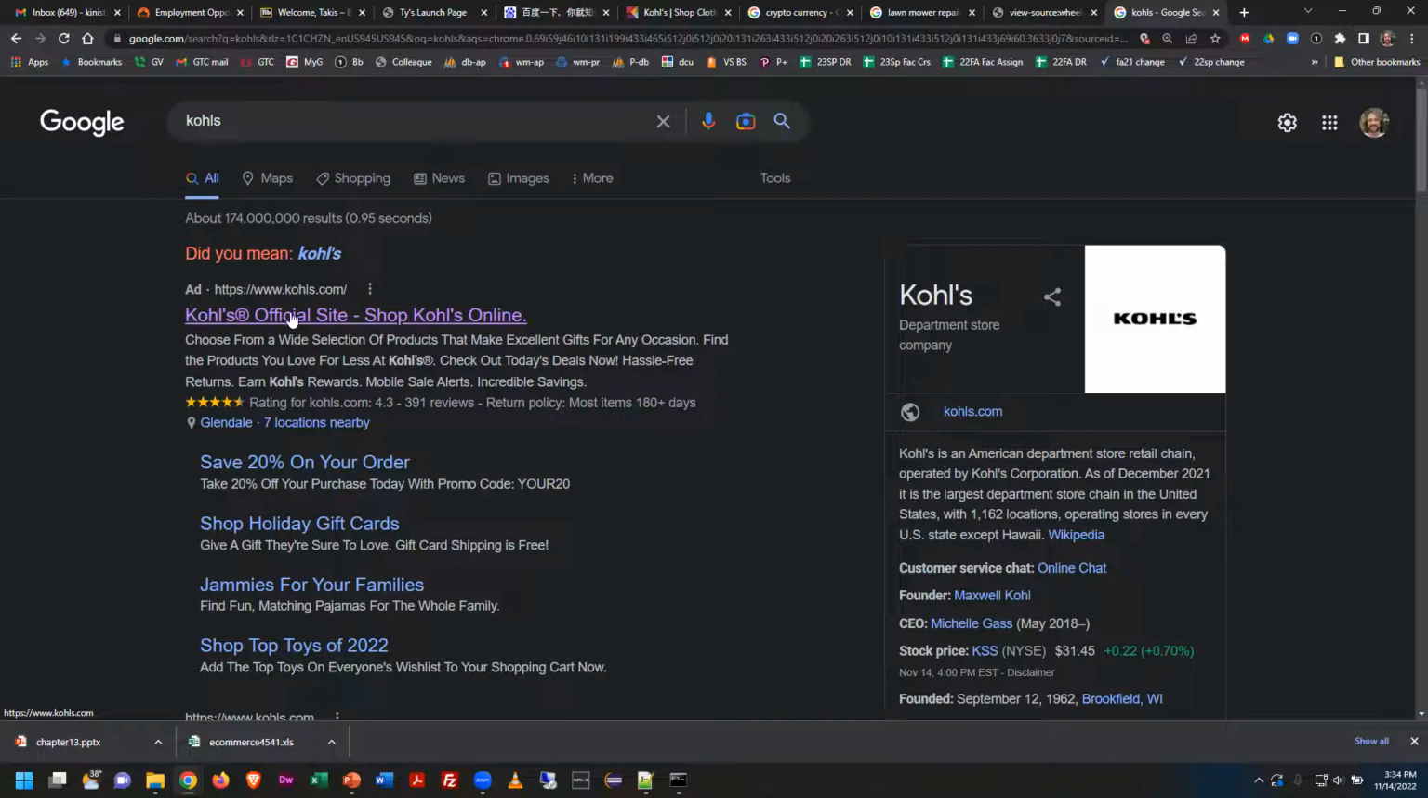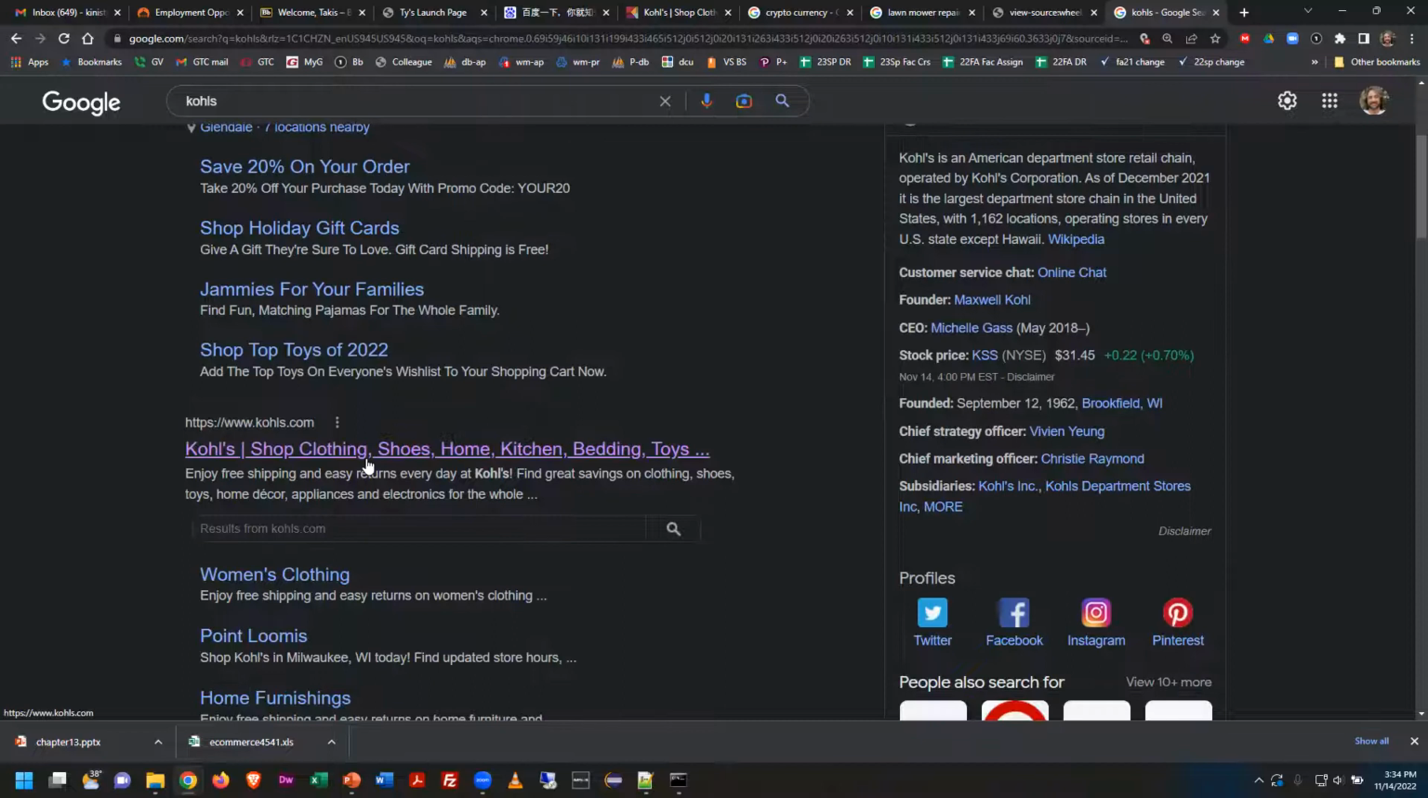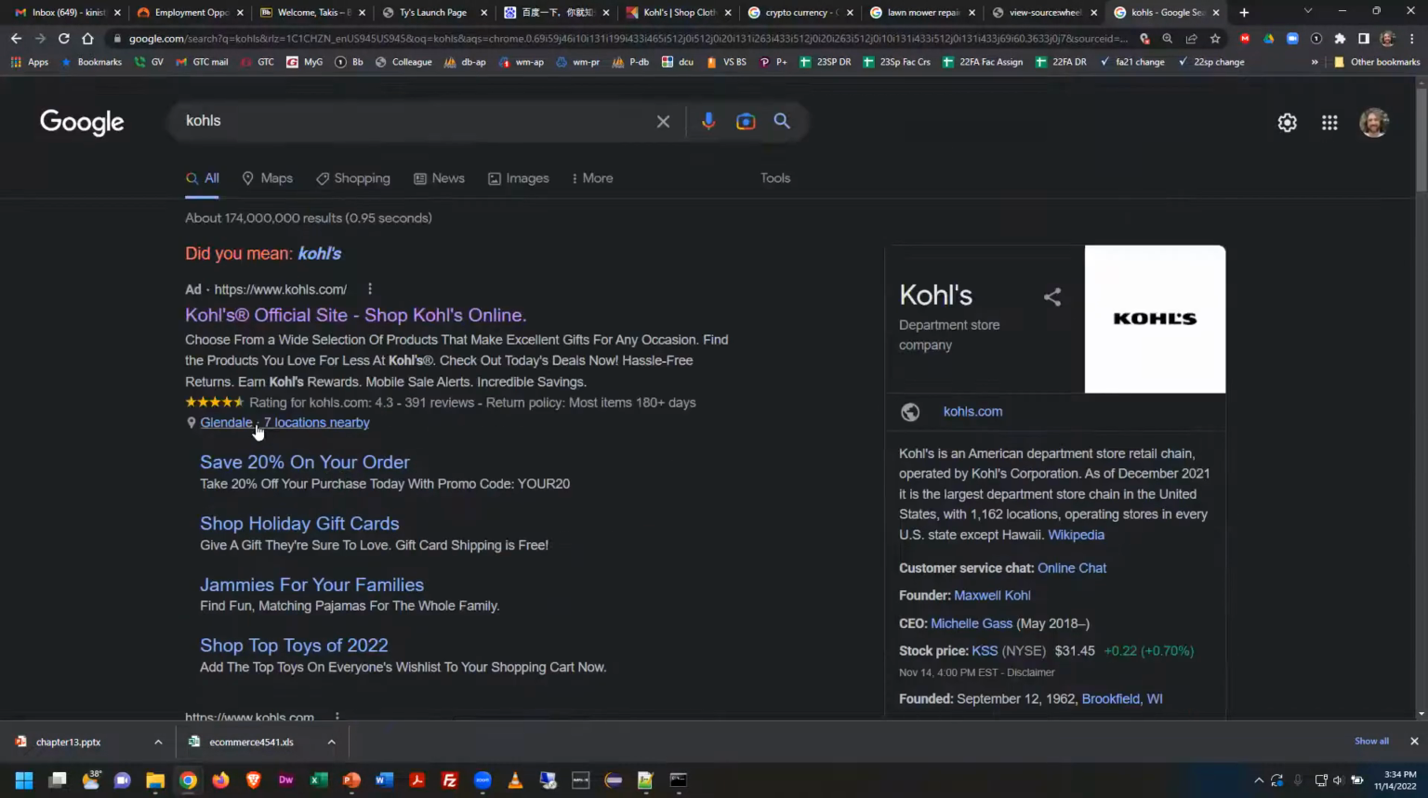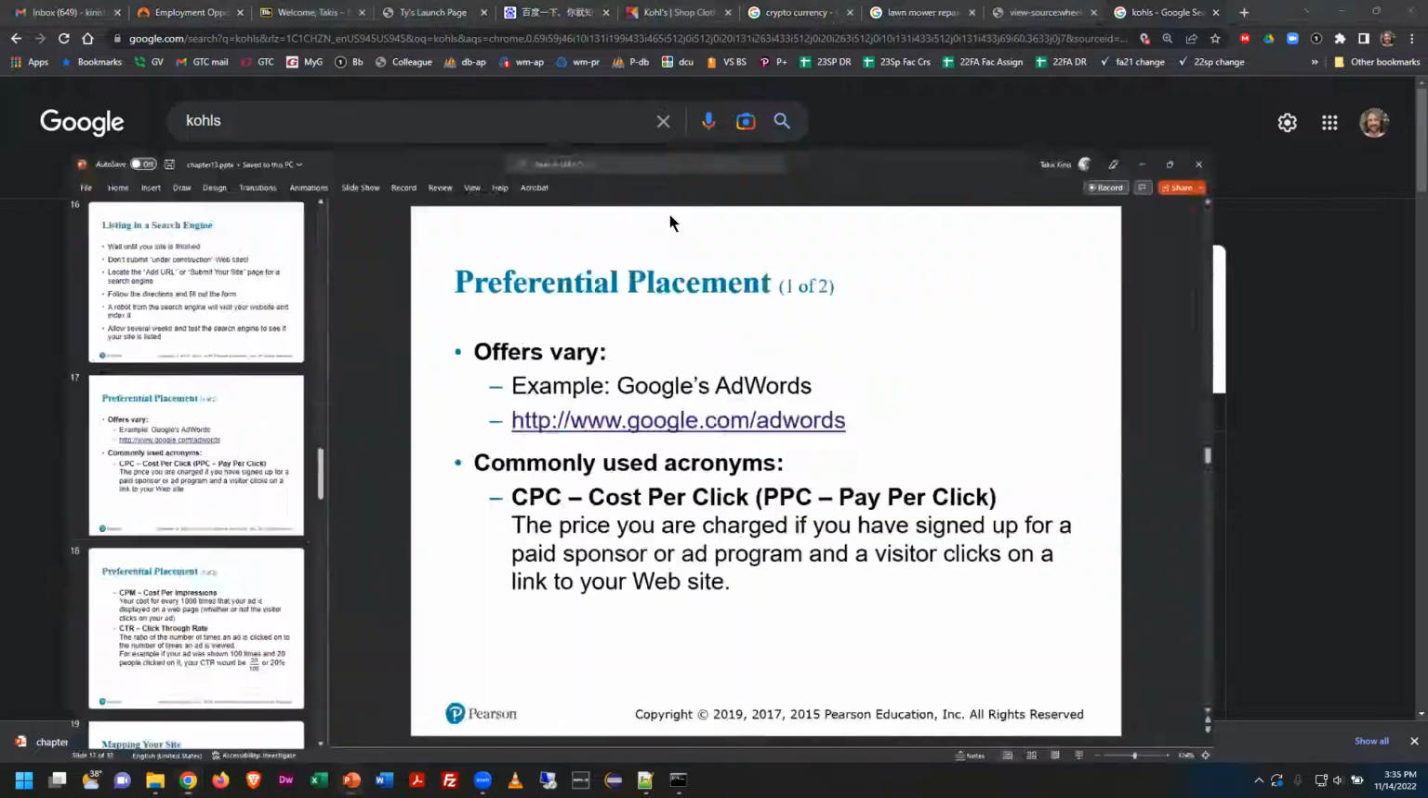So this is an ad they're paying for. Why? If you type Kohl's, they're at the top. What are you going to click on? You're going to click on Kohl's, right? Even though the next link is them without paying for it, because that's just what comes up. It's a valid site. But if I click on this one, Kohl's is now paying a fee for the advertising